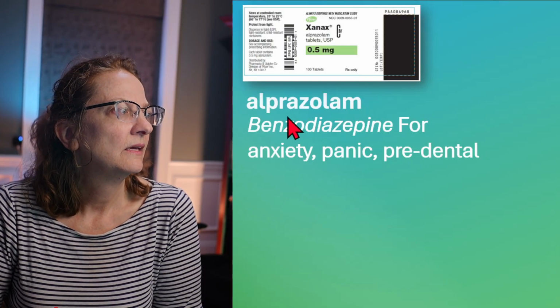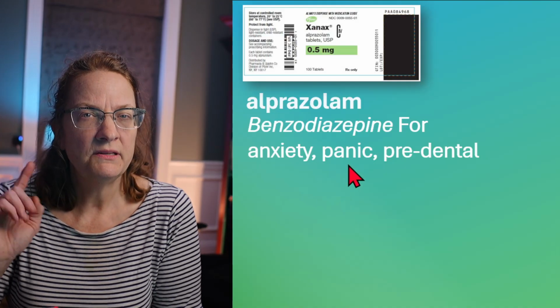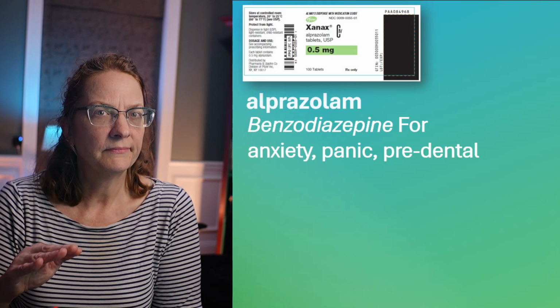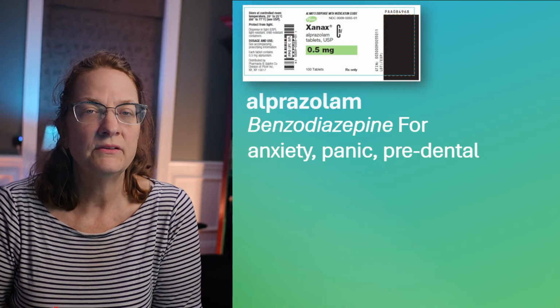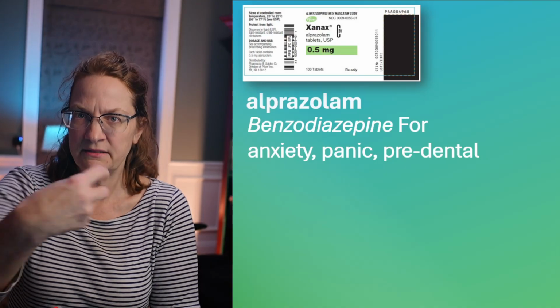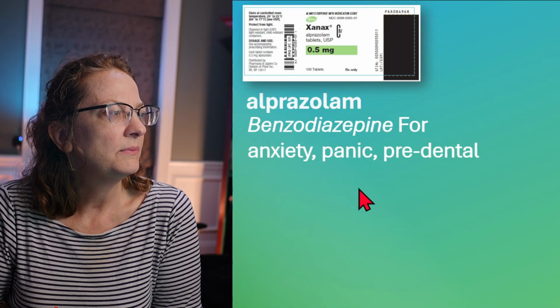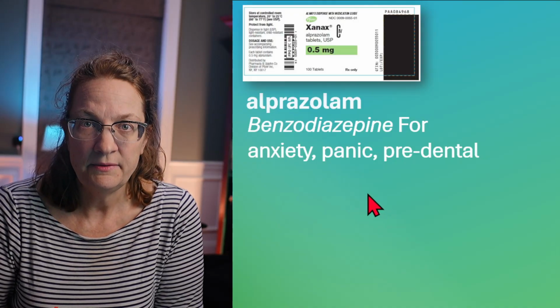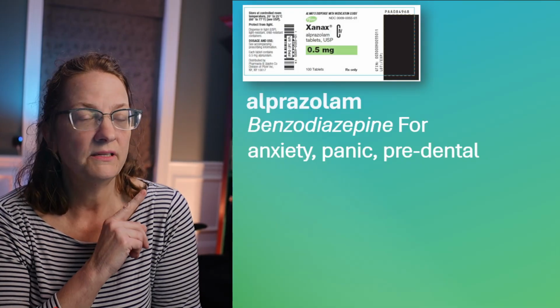Temazepam, and maybe another midazolam. You would not see that one in outpatient pharmacy. You would see that in hospital pharmacy. They use that before you have anesthesia as an injection. Lorazepam, lots of those. Benzodiazepines, and it's used for anxiety, panic, and you often will see this given to a